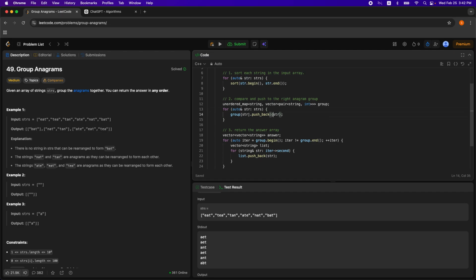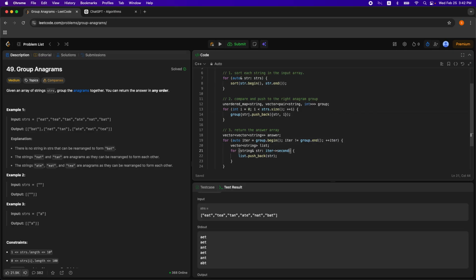And what we have to do is not only push back the string but the index. So I reiterate over the strs, so strs dot size, and then i is the index of that string, so we can push,